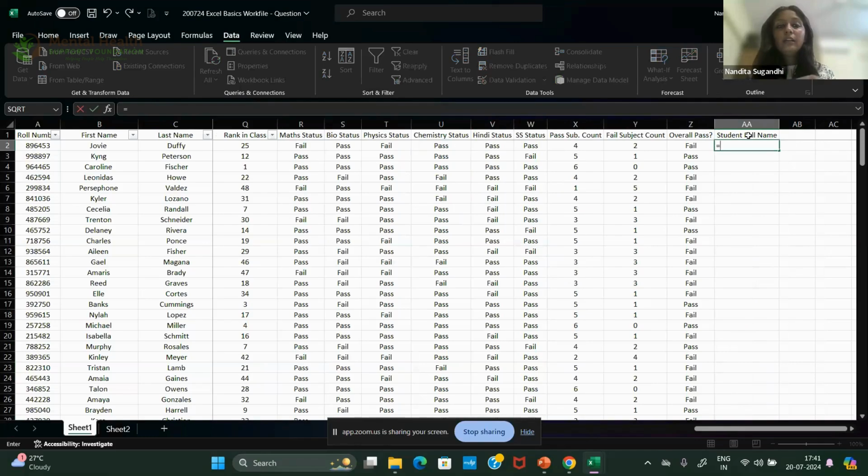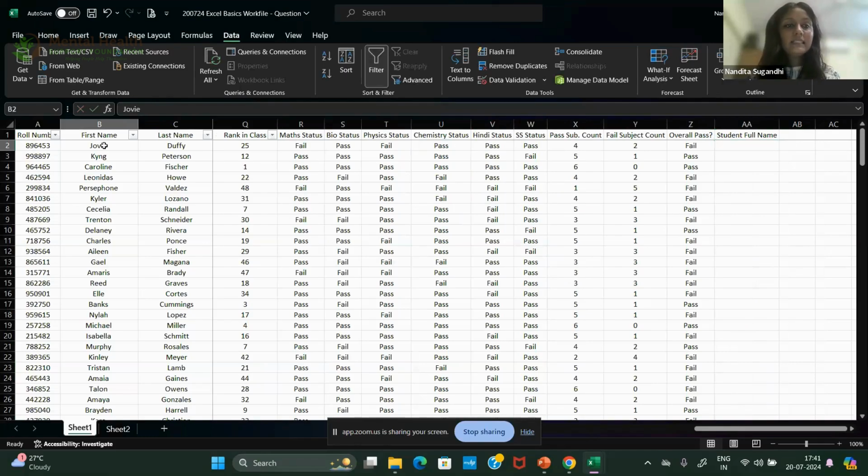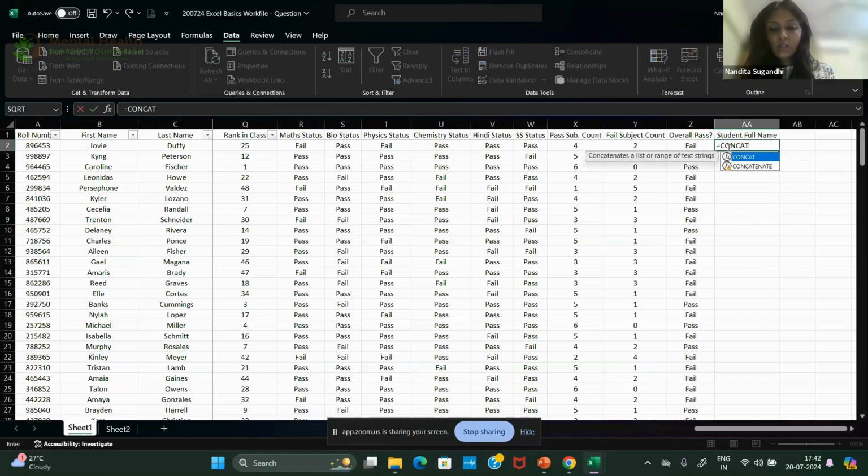So basically a text is called a string. And to join two strings of words or characters together, there is a function called concatenate or concat. You select the first part in your arguments, and then you pass the second part.